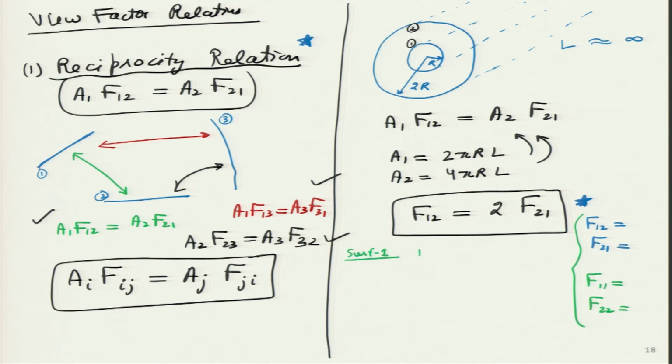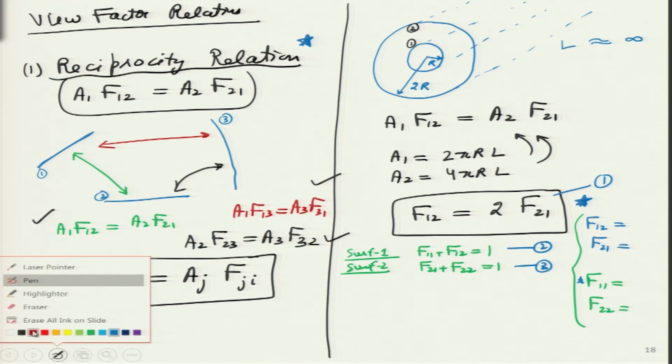what is summation rule, tell me? F11, F12 equals to 1. Then similarly for surface 2, I have F21, F22 equals to 1, which means now I have all these equations over here. This is equation number 1, equation number 2, equation number 3. So, we have 3 equations and 4 variables, isn't it? But I have a trick. The trick that I have over here is there will be a 4th equation as well. Why? I can directly write over here. I will use red color over here.